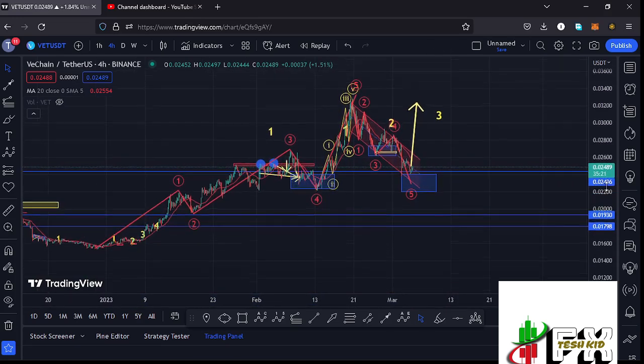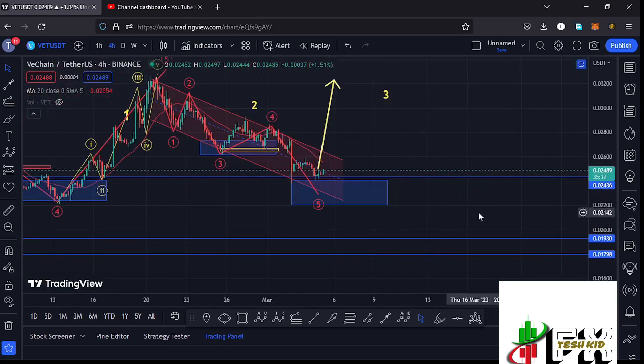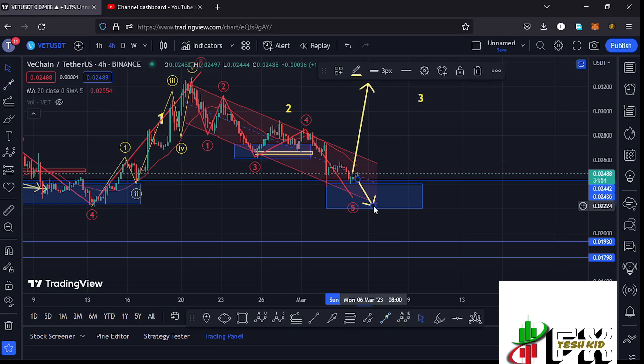But we also need to have in mind that since we didn't fully maximize our target area, and we are also trading below the 20-day MA here on the 4-hour chart, which is now acting as resistance, there are chances that the breakdown might continue, lose our key area of support at around the $0.02436 mark. In case such a move plays out, then I think there will be no reason for panic, because I think Vechain will be